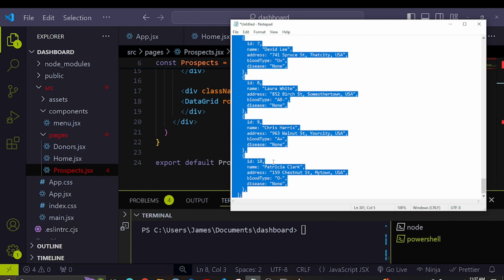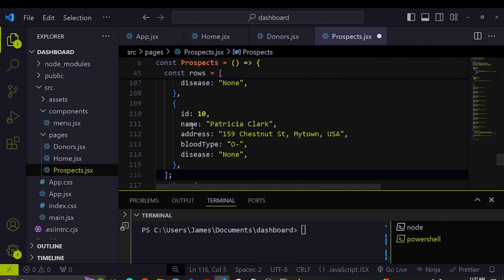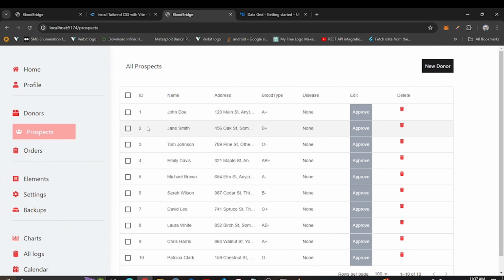So like that. If I copy this and then add it here, let me add it like that. So now the error is gone. If I come back here, I can see that we have all this data here, and we